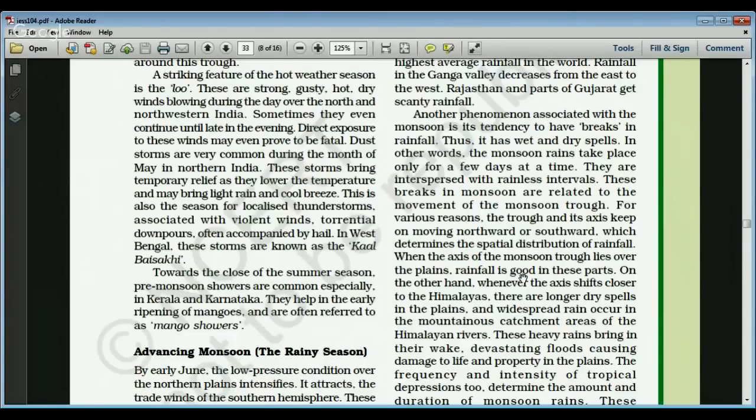In the West Bengal region, these storms are known as the Kal Baisakhi. So in the western parts, local winds like the Loo form in the summer season, and in West Bengal there are